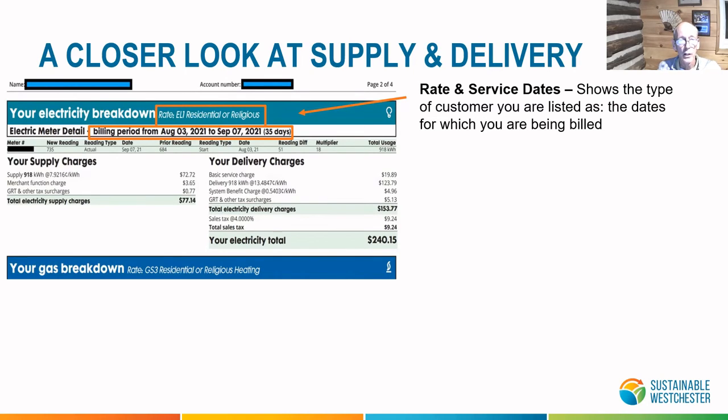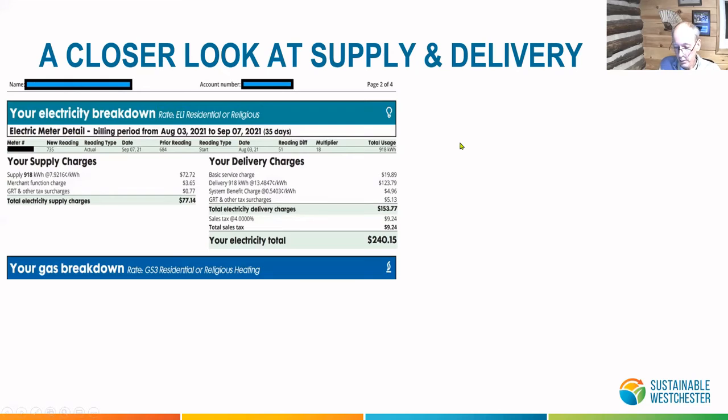The meter read dates are also important in the sense that if you make a change, you should understand it happens on the meter read date. So say I'm looking at this bill here, and maybe it's August 15th, and I call up an ESCO, or I call up Sustainable Westchester, and I want to opt into Sustainable Westchester. On that day, your enrollment gets sent in. It takes a few days for it to happen, but then your actual flow or start in that new supply option is going to happen on